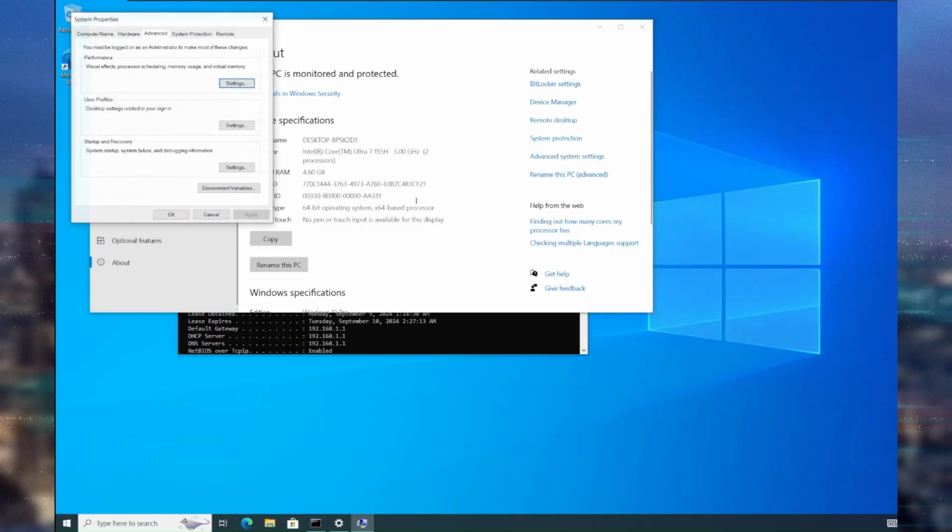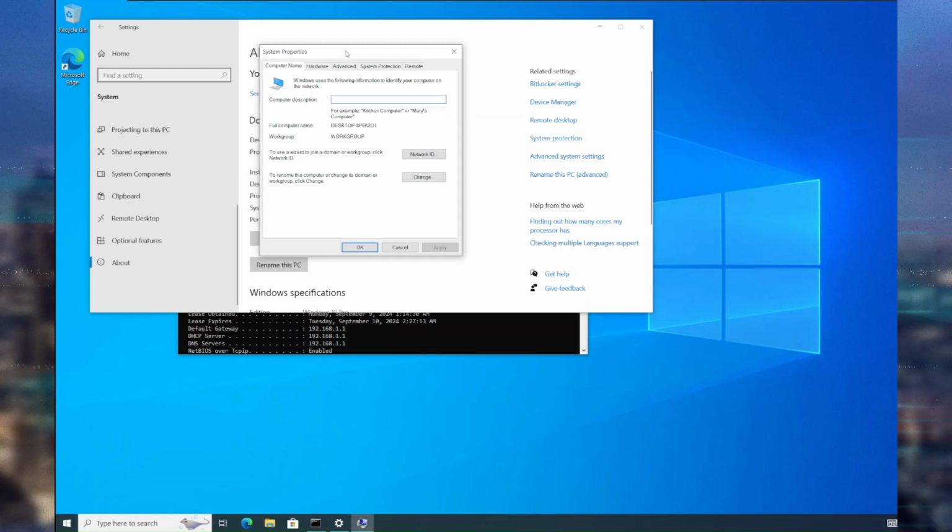Advanced system settings, yes, and go to computer name. So you can rename the computer to whatever you want. For now, it is set as desktop 8P5K2D1. So we can change it into client